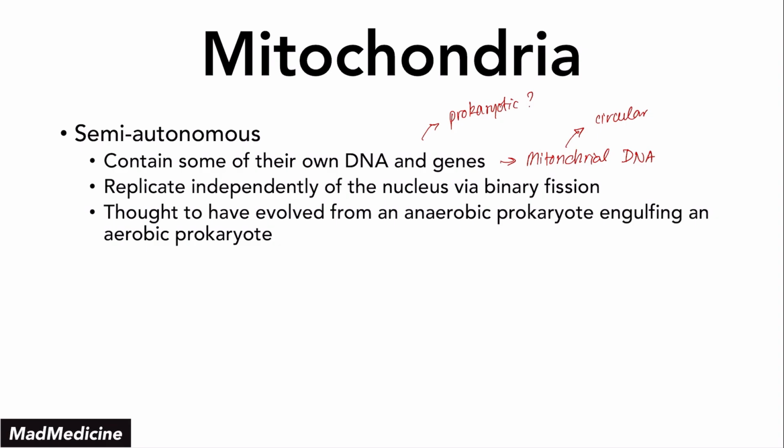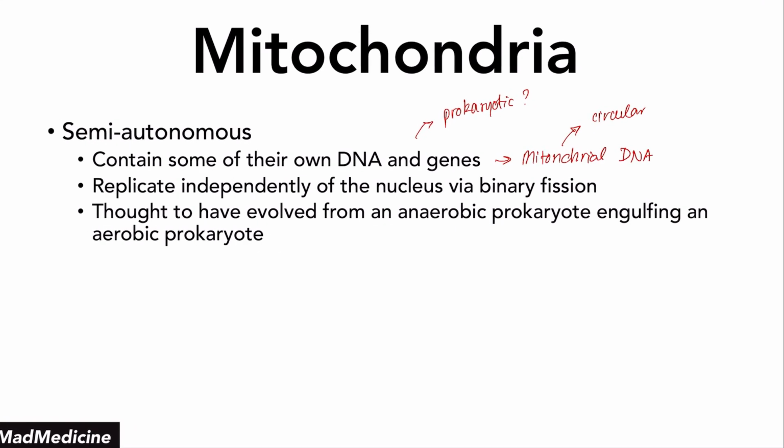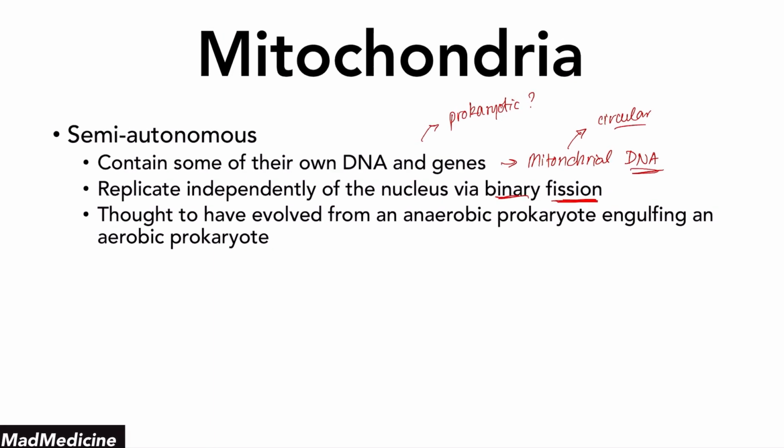Now, that's why you see this structure. That's why mitochondria have their own DNA that is circular. That's why you see that they replicate through binary fission, because that is what prokaryotes replicate through as well. So very, very similar. Mitochondria also contain another very important thing that you need to know for your exams, and that is an enzyme. That enzyme is called cytochrome C, and it is located within